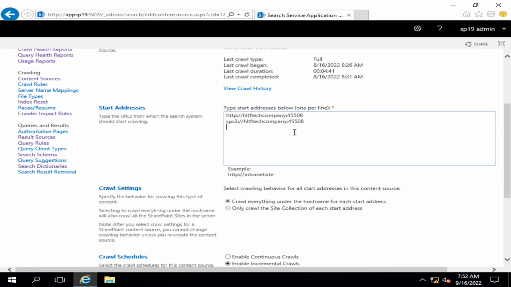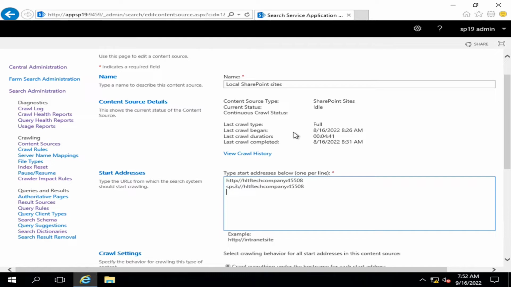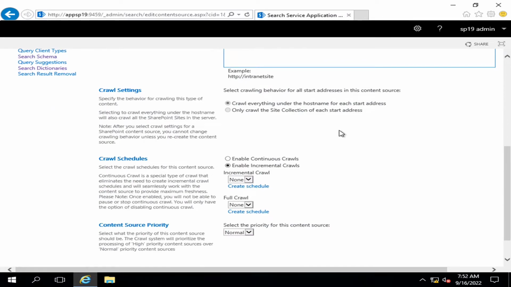Now if you have multiple websites and you want them configured through separate content sources, because you want them scheduled at different times, or their priority may be different,